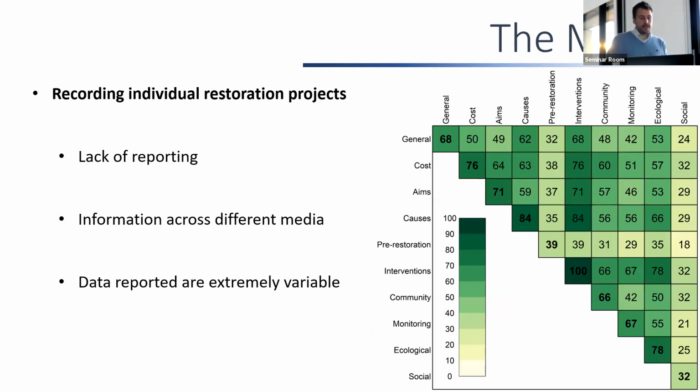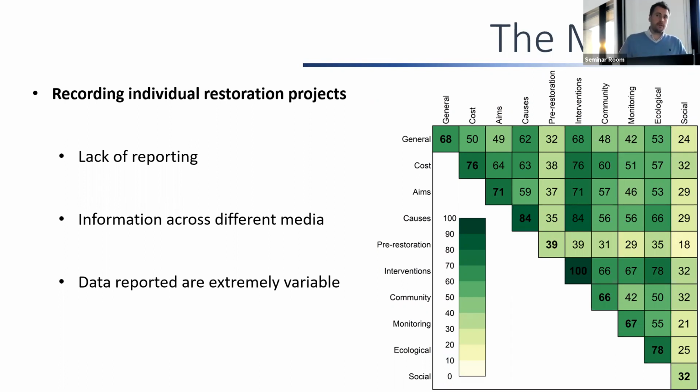And this is partly because the information is scattered across different media. So it's on websites, through literature, and published papers, which makes consulting the evidence for decision-making extremely time-consuming and repetitive, in terms of everybody having to go back to the same data sources. Also, the data are extremely variable in terms of extent and also quality. Even where mangrove restoration outcomes are known, the type of data reported are extremely variable, with key aspects such as costs or measures of success largely lacking.